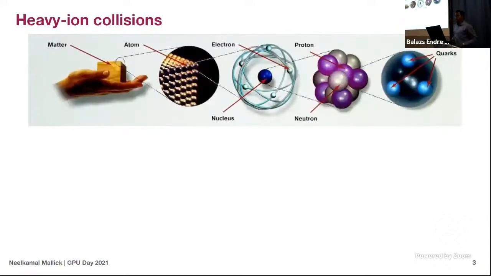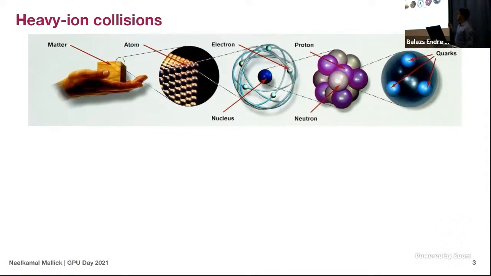So we all know that matter is not continuous, but discontinuous because it has atoms inside. And the atoms are again subdivided into electrons and the nucleus. And the nucleus consists of protons and neutrons. In 1964, Professor Gell-Mann and George Zweig postulated independently that these protons and neutrons, which are called hadrons, have further substructures known as quarks.